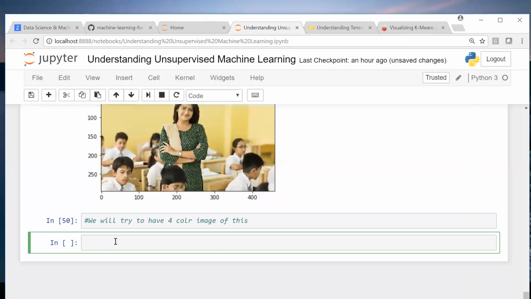Now, first thing that you remember: whenever you have some image data, you have to divide it by 255.0. The basic reason is that whenever you're running algorithms on images, this is a scaling technique. You should convert data between 0 and 1 to get better results. For image data, convert each pixel value between 0 and 1 for better accuracy. Understood? 0 to 1.